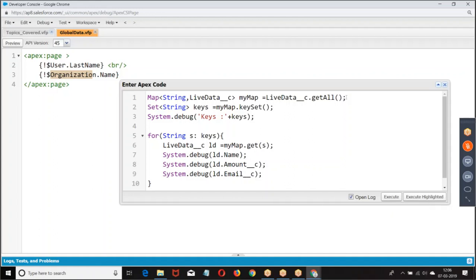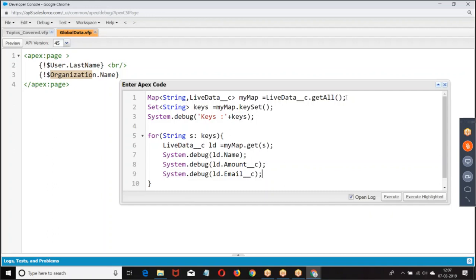In the map, if I give a key, we get the corresponding value.